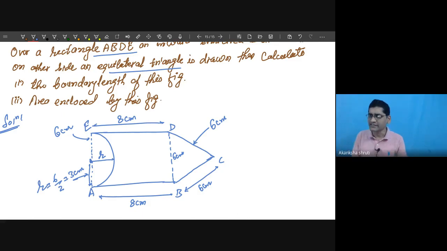No need to write separately that since diameter is this, so radius becomes this, and this is this. So no, that English language is not required in mathematics. Keep in mind, you just represent it over the diagram. That itself is sufficient. So this way, we have determined everything.